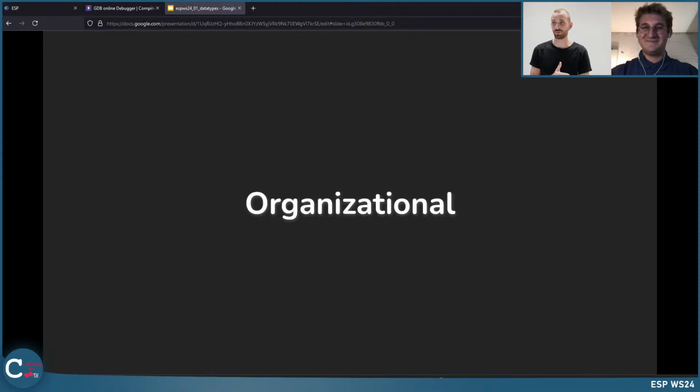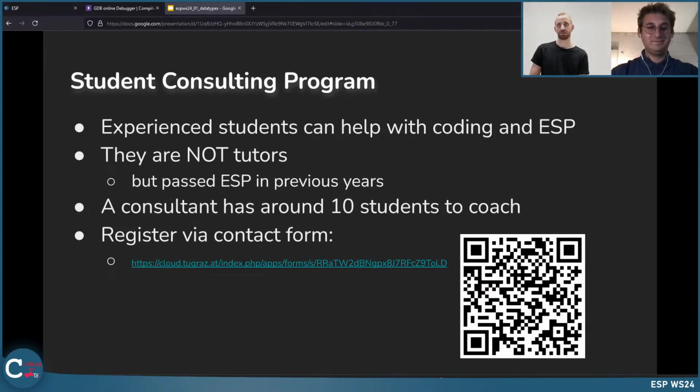But before we do that, let's discuss some organizational parts. We also saw some things already in our practicals a few minutes ago, but just to sum it up once again, we have this student consulting program, which is an additional support possibility for you. There we have experienced students that can help you with coding, and with ESP in general.